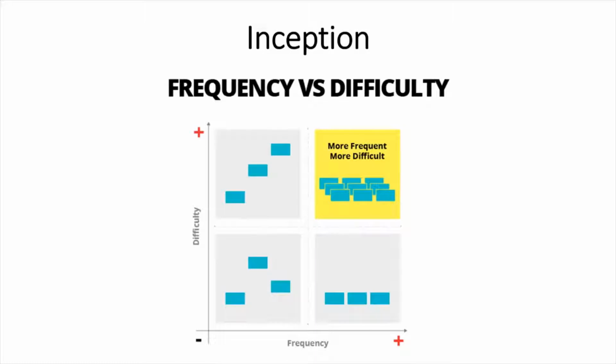Now, what's very important while working on Agile BI and data analytics projects is that we need to understand what the most prioritized requirements are. If we take a look at this picture, we see that more frequent and more difficult requirements are our highest priority. It has almost no sense to start building some easy requirements,